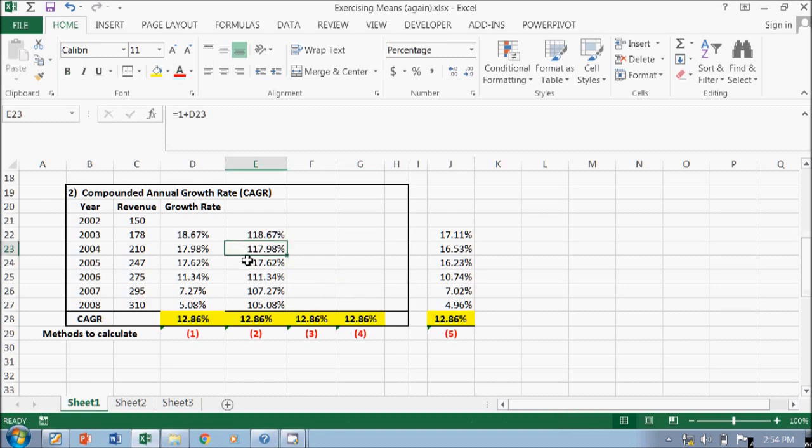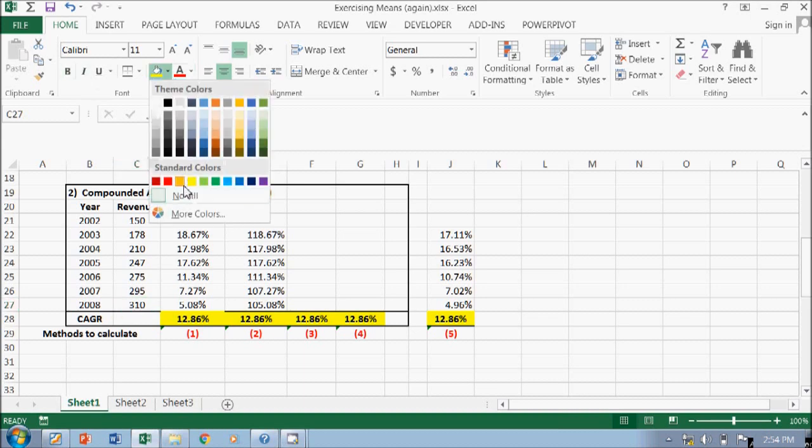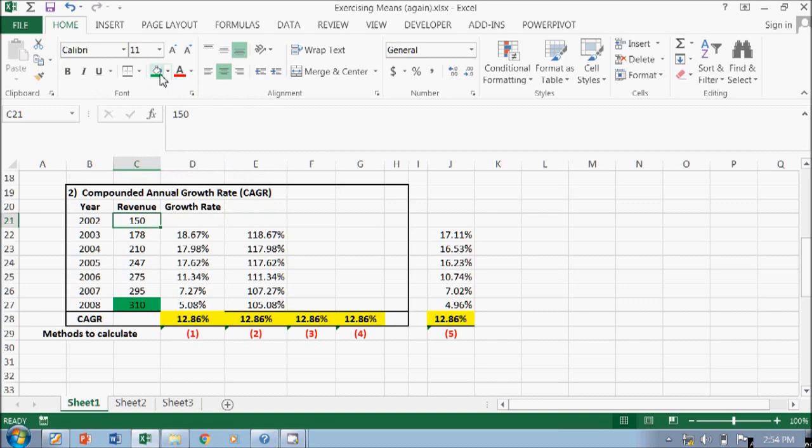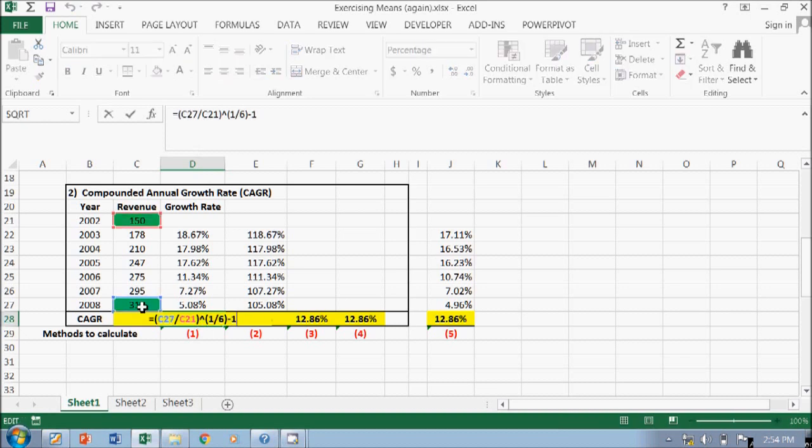Okay, just save it. The first method is, once you have calculated each year's growth rate, you just pick up the values. I put different colors here, like green and green. You can see that the formula picks up the 2008 revenue divided by the 2002 revenue, and then you raise it to the power of 1 divided by 6. 6 is how many times you move here: 1, 2, 3, 4, 5, 6.